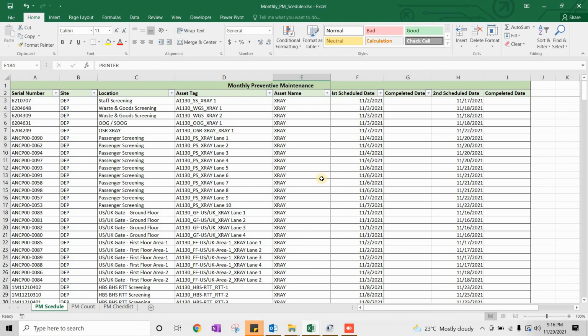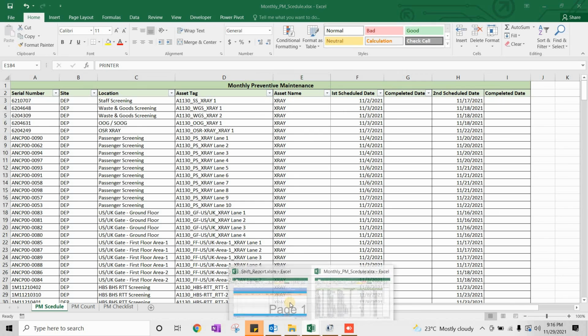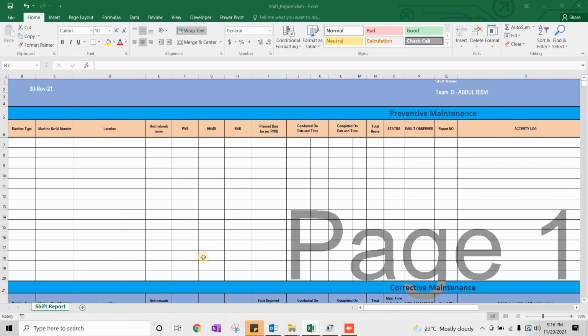So this is about the PM reports, and regarding the shift report, how we'll fill it. If I have to fill the shift report, I'll put unit type here, serial number here, location, network name if we have that. If not, then we'll put NA for that. Then PVS work number, if we have that, we'll mention it.